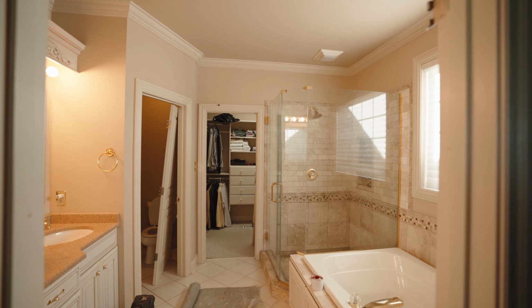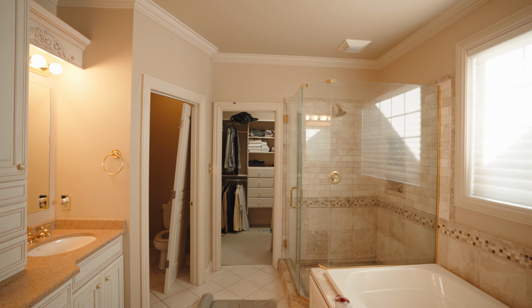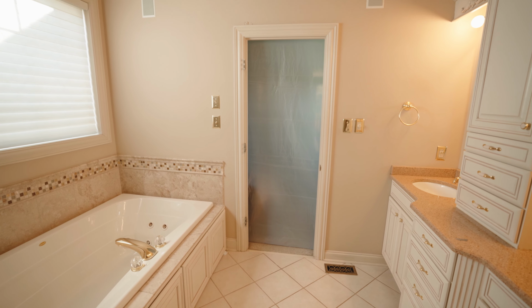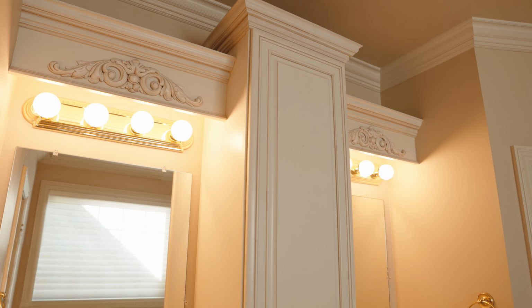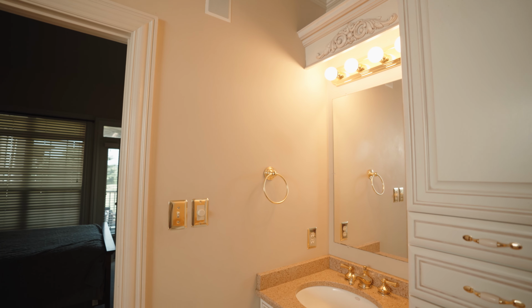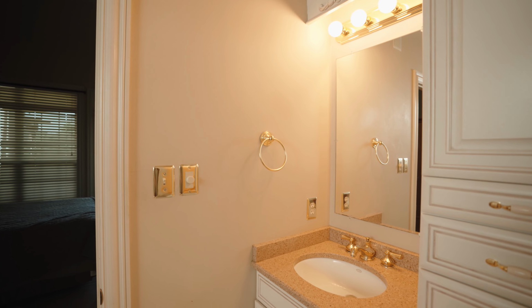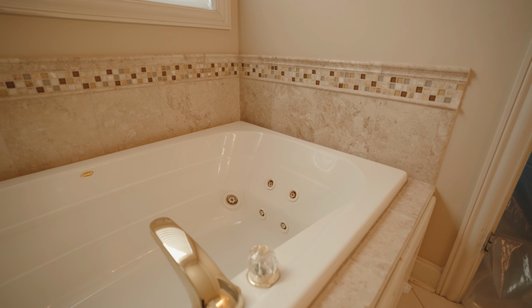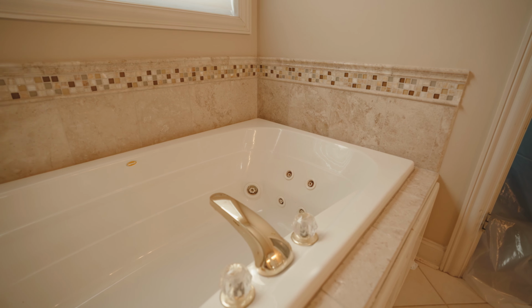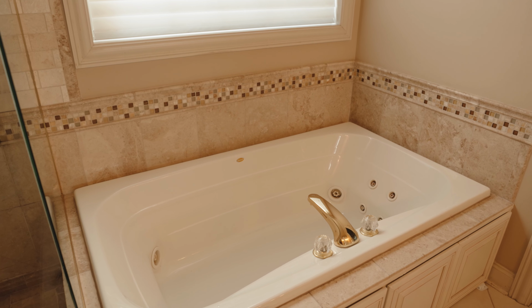So here we are in this 1998 built bathroom. It wasn't a bad bathroom. Quite frankly, everything functions just fine, but it does not meet the design aesthetics or the characteristics that the homeowner really is going for in this case. And so we're going in with all new tile, new cabinetry, new shower. We're actually removing the tub to make space for a recumbent spin bike. So this is gonna be a place for the homeowner to come in the morning, get a great workout in